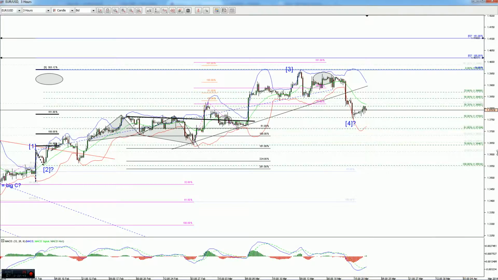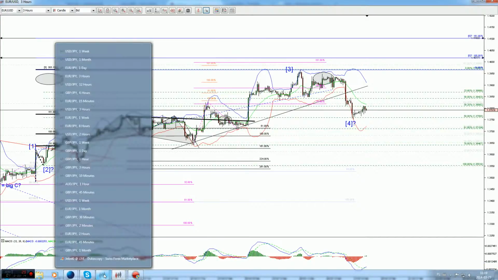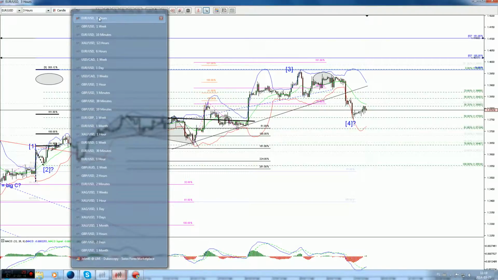In some cases, it's even up to 61.80. It may go, but it should not enter into the first wave. So there's still some room for that, and as long as it's not in the first wave, you can still call it a fourth wave. So it can even fall down up to this 78.60 level. So this is also possible. But this movement looks like a corrective structure,